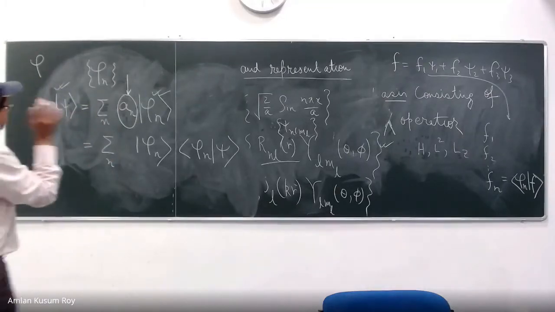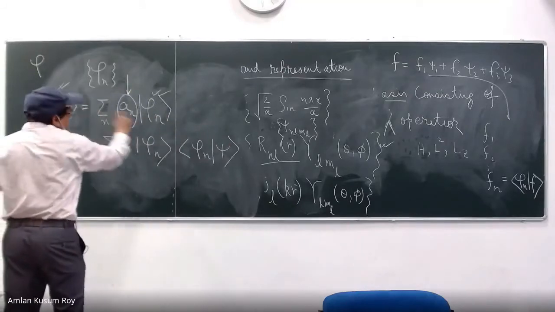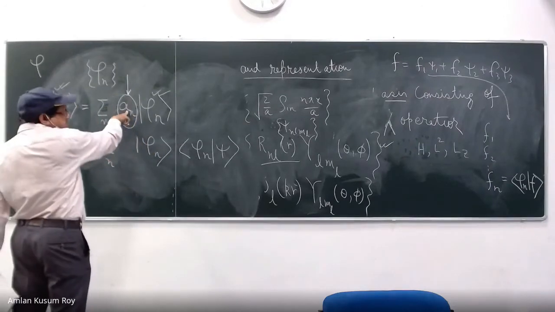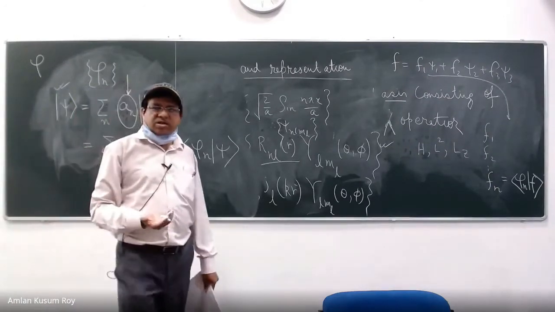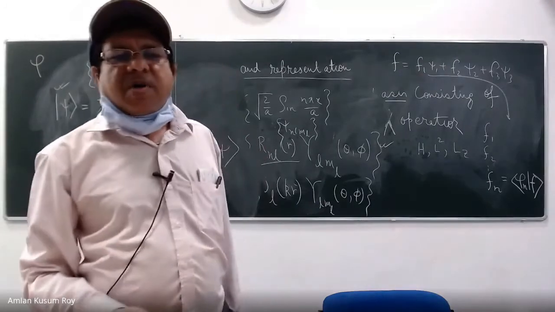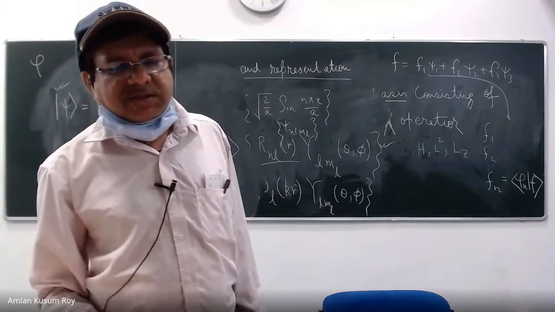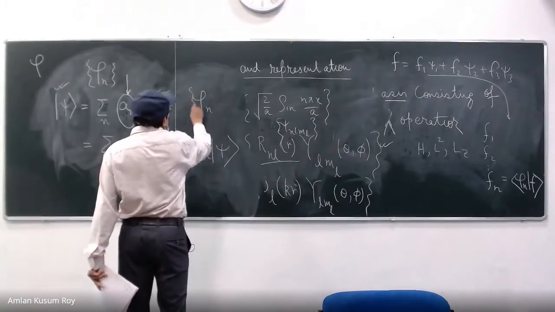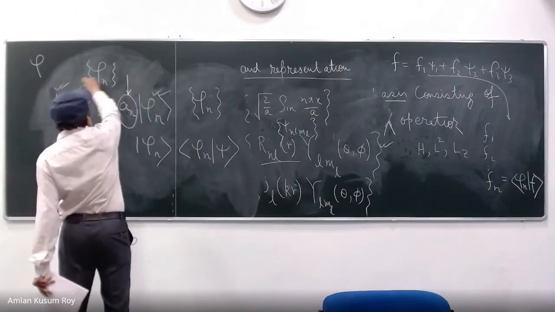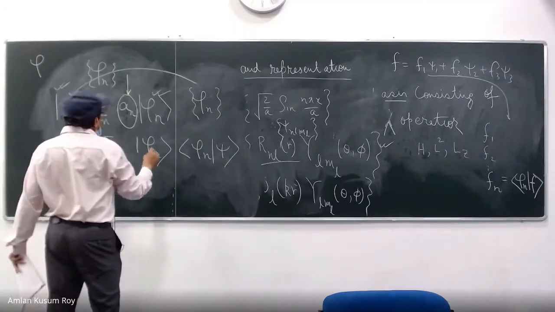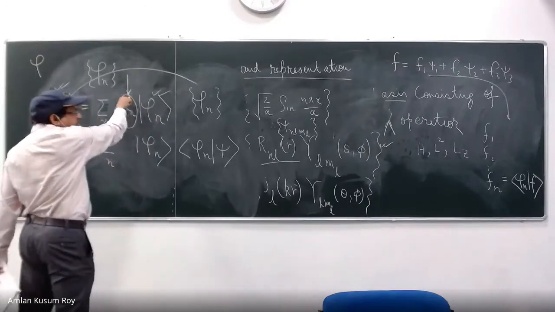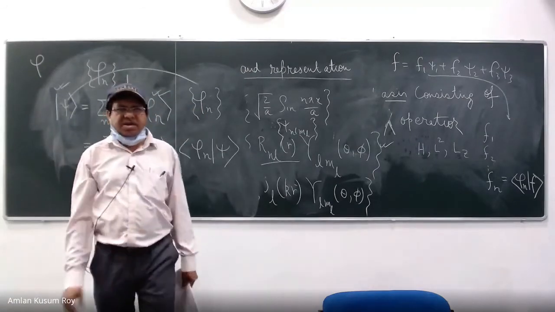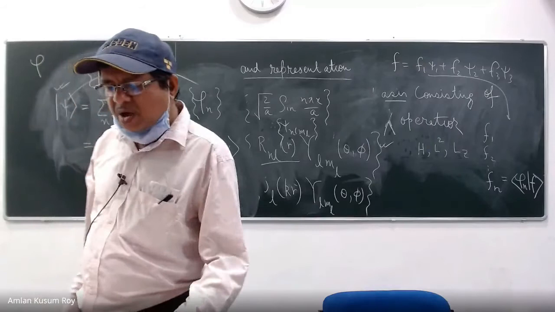This is my psi, the same psi, which I just wrote in terms of the basis. So these are the projections. We technically use the word projection: the projection of the function psi onto the basis space spanned by these functions. An is actually representing the projection of this psi in the basis space. That is what it means, that is, whose contribution is how much.